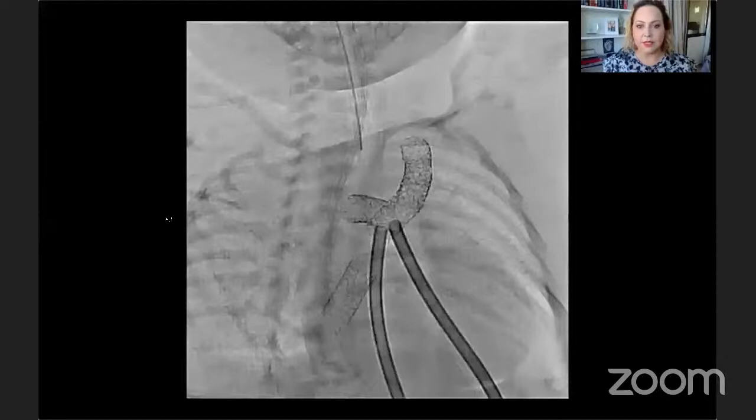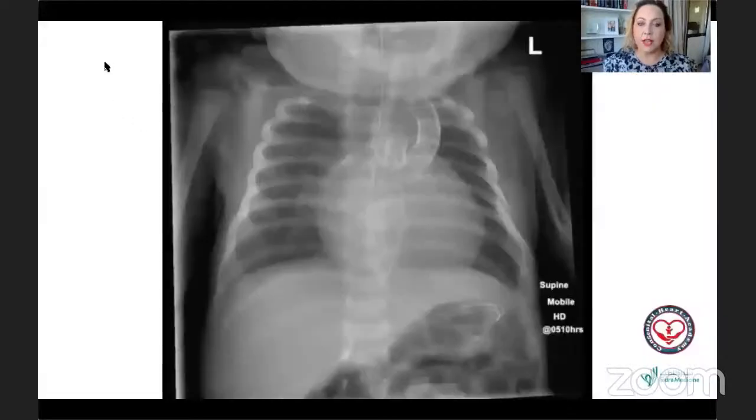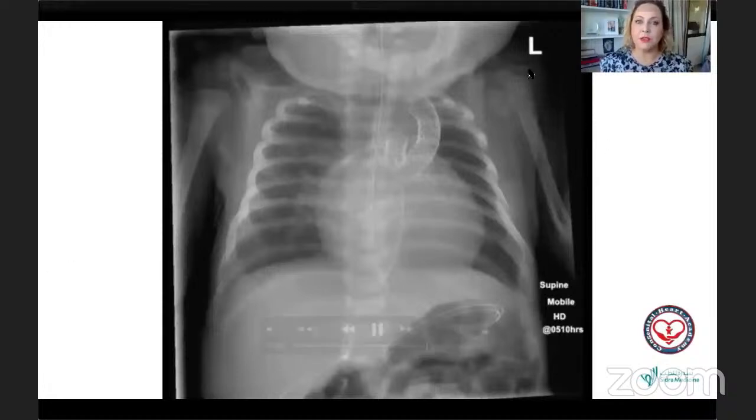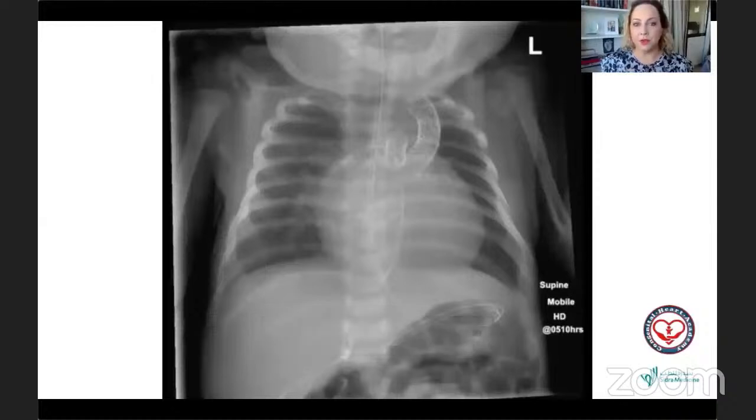And this patient was sent back to the ICU after a couple of days or maybe a few days. He was extubated with this good X-ray. And then he was kept with us in the CICU to be fed and to grow and to discuss the next steps for his procedure.